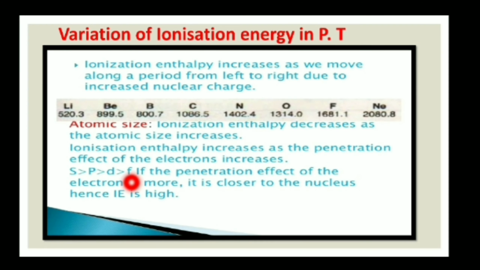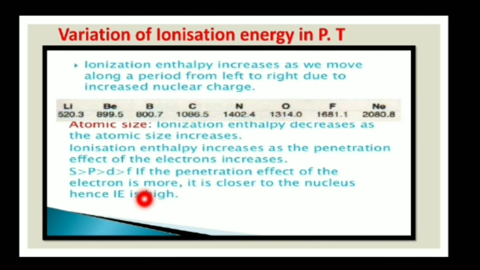The f electrons are less tightly attracted towards the nucleus, as they are far away from it. Therefore the ionization enthalpy is less for the f orbital. But ionization enthalpy is high for the s orbital because it is present nearer to the nucleus. The electrons of the s orbital are very tightly held by the nucleus, so a lot of energy is required to remove that electron. As we go on from s to p, d and f, they have lesser penetrating effect, and so they have less ionization energy.